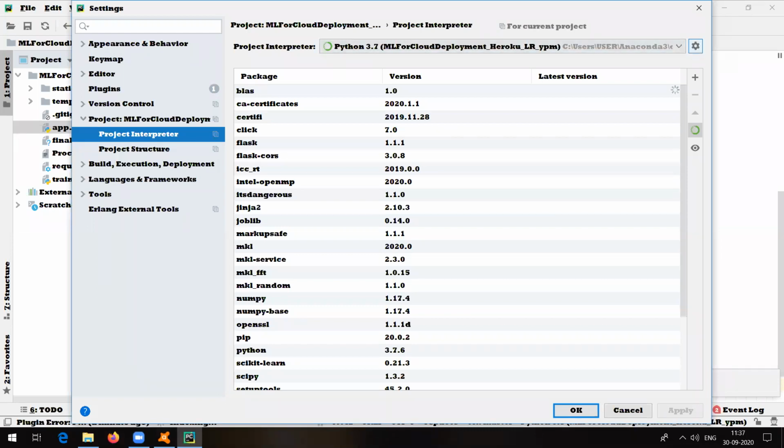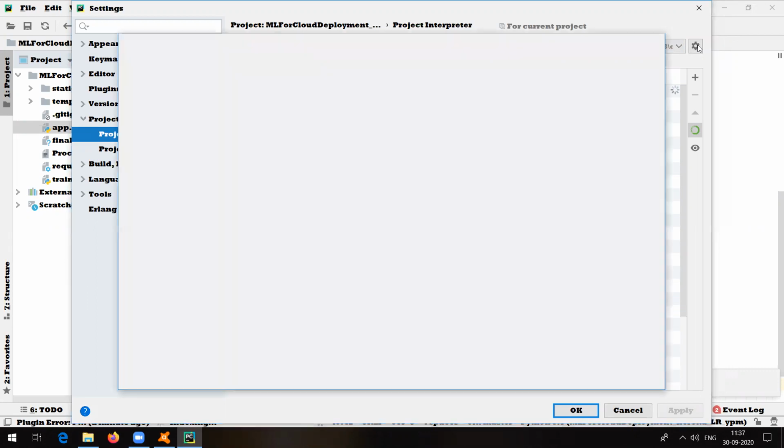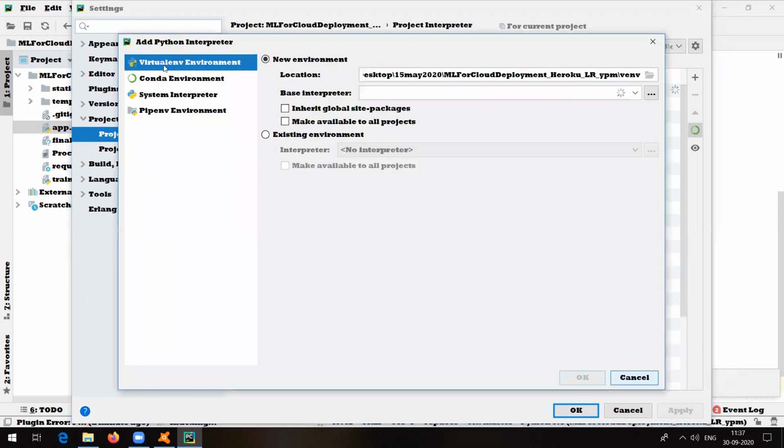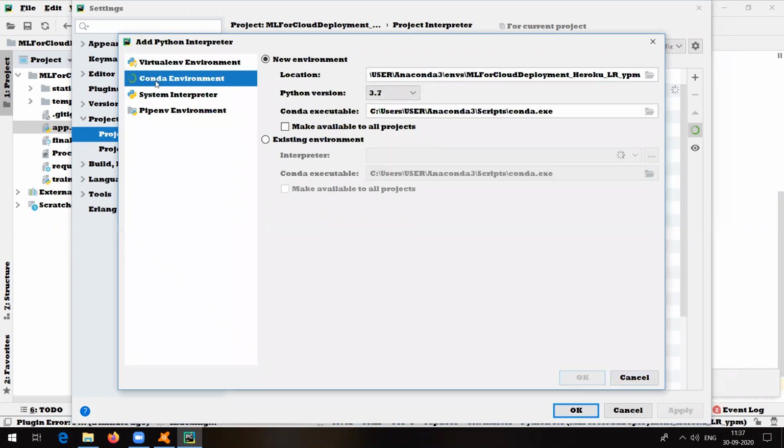I will just try to highlight that one here. So this one. The steps which I am telling you are the steps you need to follow before executing the code, once you open your code in PyCharm. Click on that settings button, and you will be able to see Add and Show All. Click on Add. It is again going to prompt a window, and there we need to select which type of environment we want. Here it asks whether you want a virtual environment or a Conda environment. In my case, as I am using Anaconda's Python, I will select Conda environment. You could have selected the other one also, no problem.